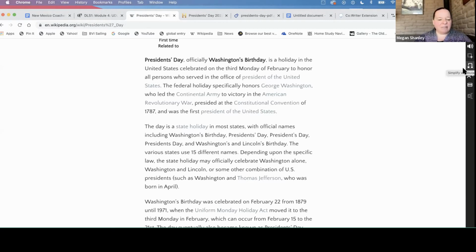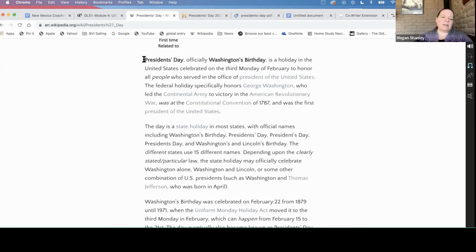And a text leveler for your students who have problems or difficulty with high-level vocabulary. We want to expose our students to high-level vocabulary, but we also want to give them support so that they don't just skip over that word and ignore it. And so here I'm looking at this paragraph and I'm seeing things like specifically, victory, some other really big words in here, various. And so the next tool here for Snap and Read actually will allow us to go in and have those words